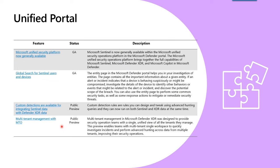So we have a public preview supporting such a scenario, starting with a single workspace per tenant. Let's say today, if you have multiple tenants and each tenant has a single workspace, you can leverage multi-tenant organization, or MTO, to manage the multiple tenants under one single view. That means you'll be able to see all the incidents from different tenants that have been onboarded to the